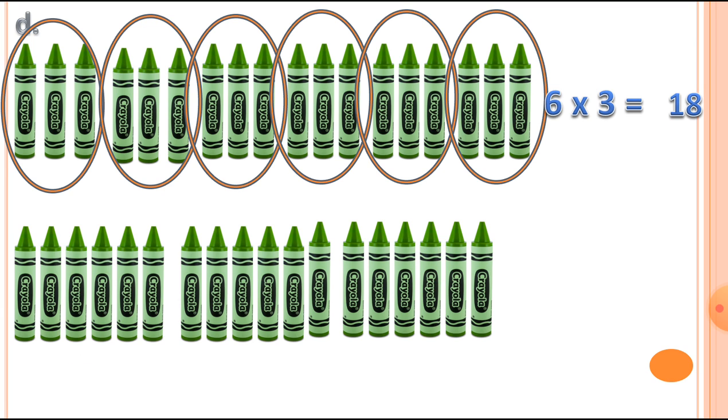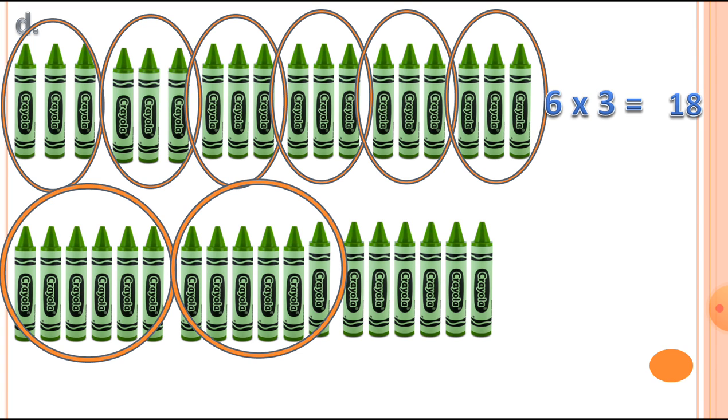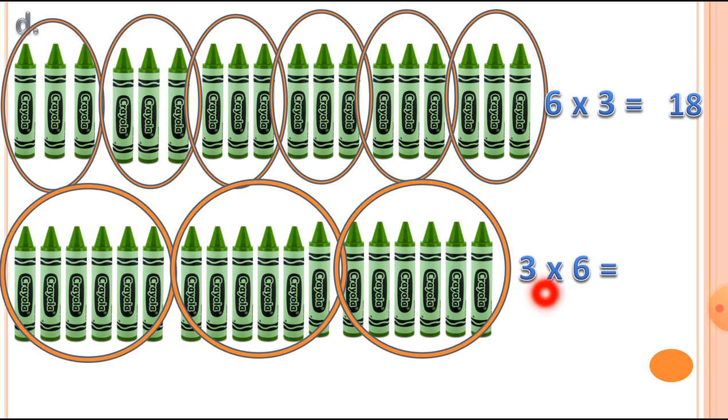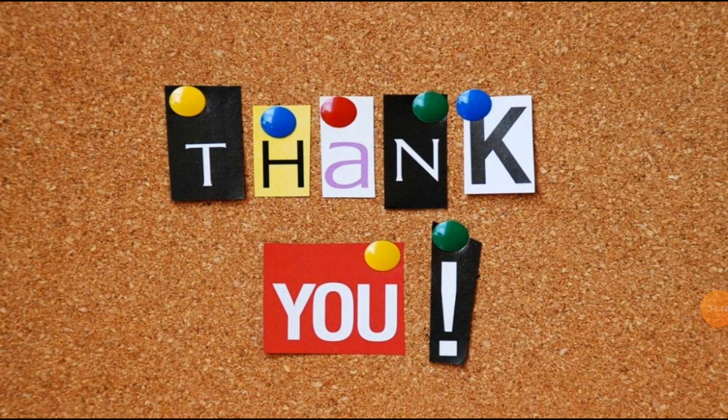Now let's make another group. Group 1, group 2 and group 3. Total there are 3 groups. And how many crayons in each group? Let's count, 1 2 3 4 5 6, 1 2 3 4 5 6, 1 2 3 4 5 6. Total there are 3 groups and each group has 6 crayons. So you can see this, we are getting the same answer. 3 6s are 18. So this way we have to solve the multiplication facts,